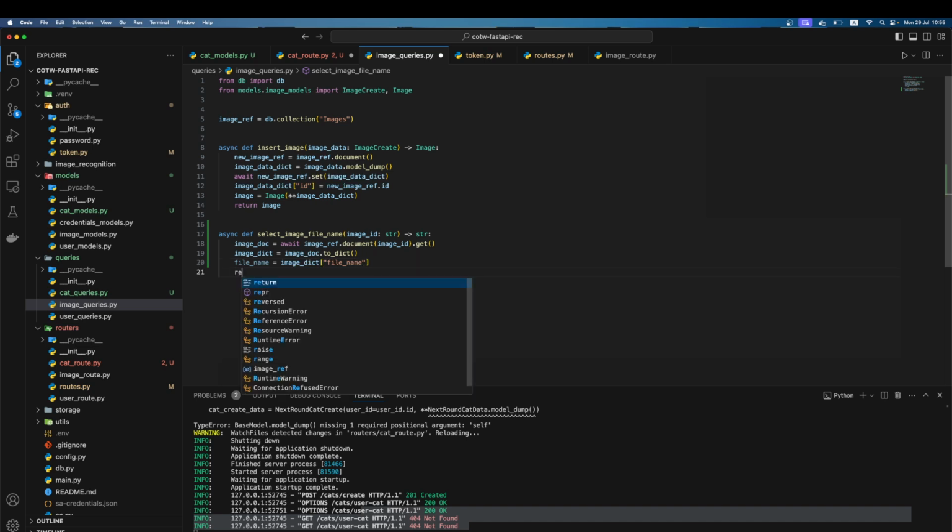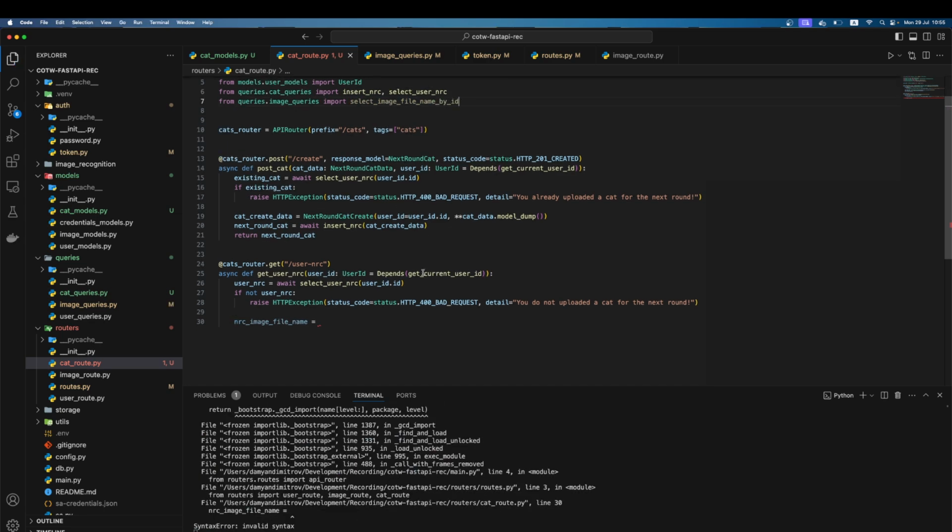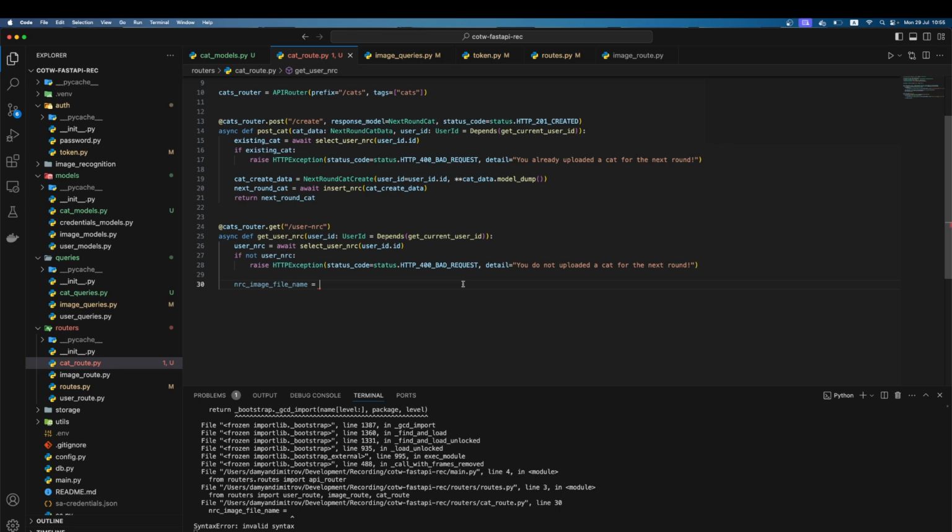Okay, and return it. Okay, and here I will import select image file name. We can of course call it by ID. Okay, let's call it, because we pass ID. Okay, and here we will await select image, and we have user next round get, and here what we have, photo ID. Okay,